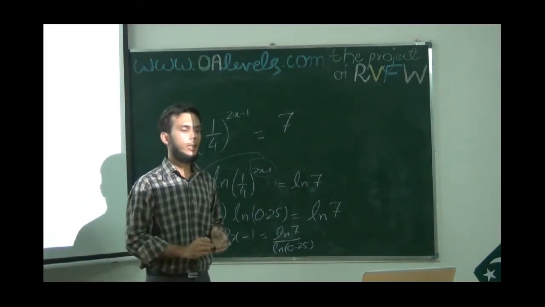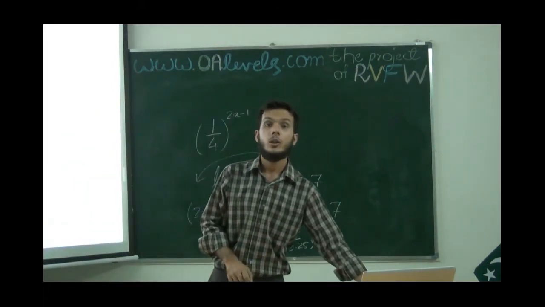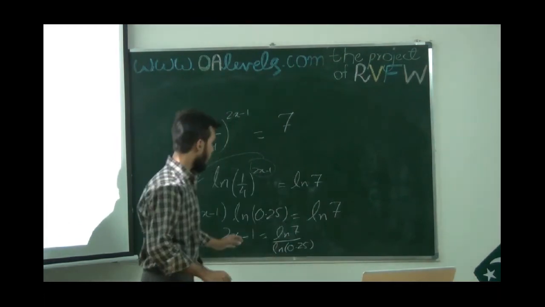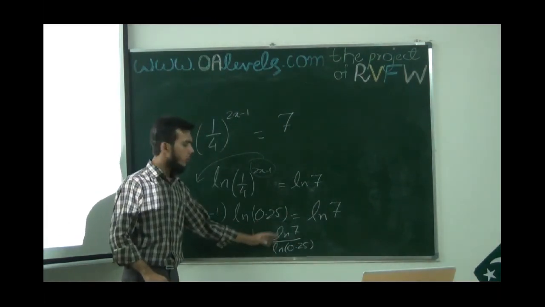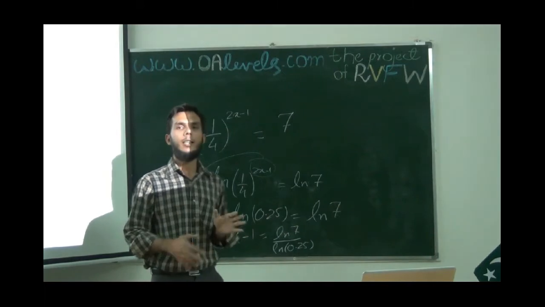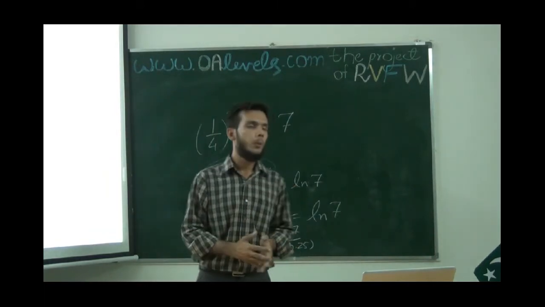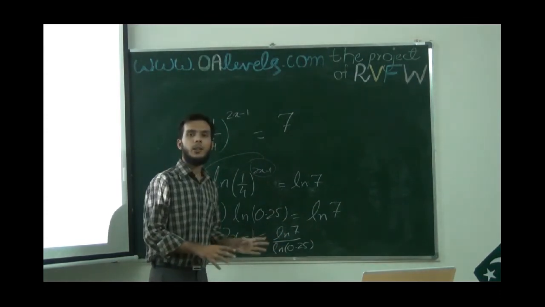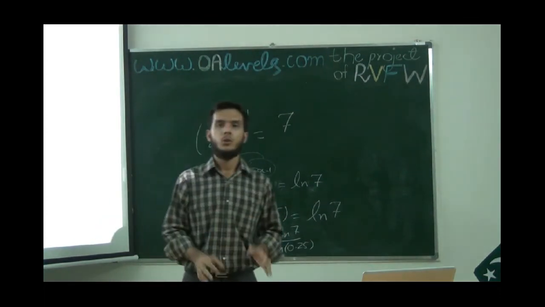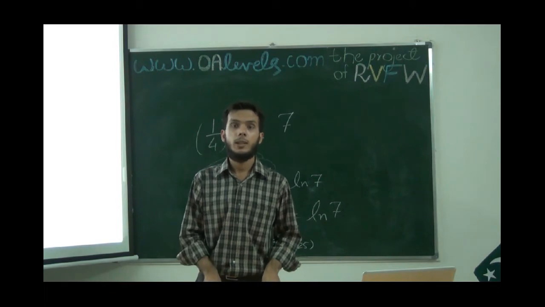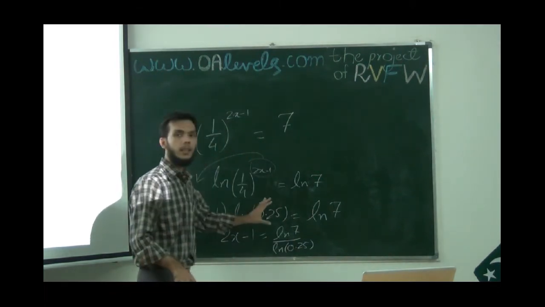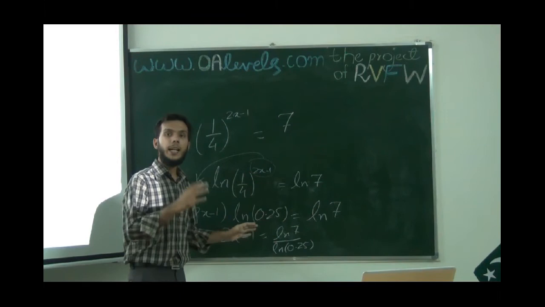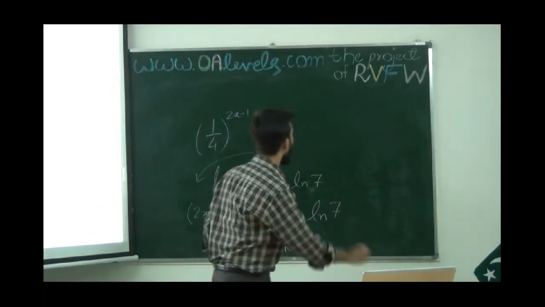यहाँ पर एक छोटी सी चीज़ ध्यान में रखनी है. The mistake that students commonly make is this one. वो समझते हैं ln और ln दोनों हैं, हम लोग क्या कर सकते हैं इसमें ln 7 minus ln 0.25 कर सकते हैं. They think that this is somewhat similar to the rule of subtraction जो logarithm में है. Try and never to make this mistake, क्योंकि divide करना ln से, ये किसी भी logarithm से, is entirely different from this thing,